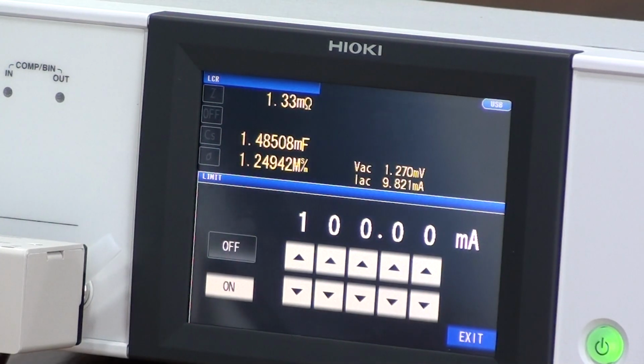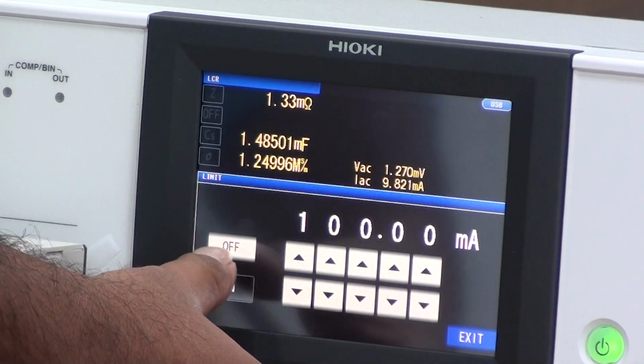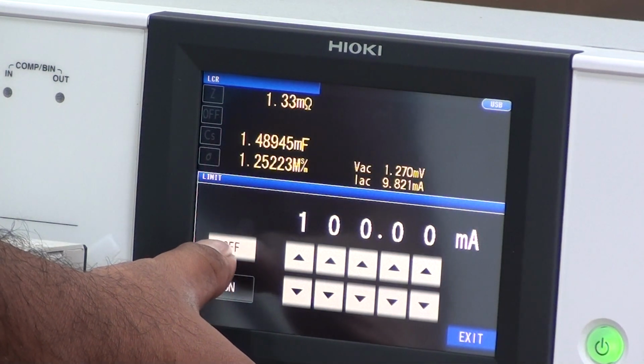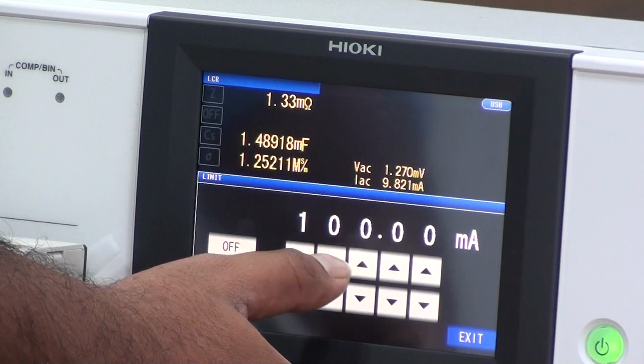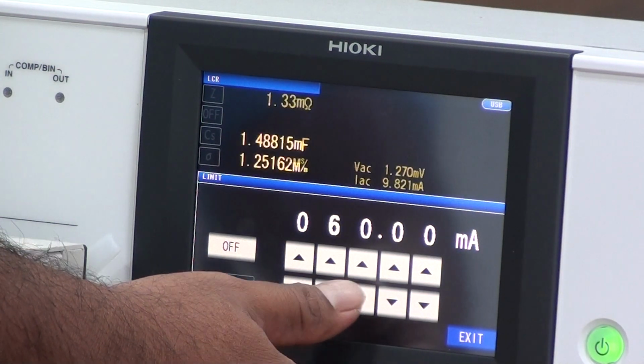Limit. In certain cases, when you want to limit the current flowing through your sample, you can have a limiting current on. For example, 100 milliamps is the limit, and I would put it to 50 milliamps.